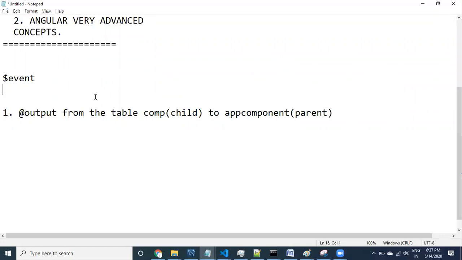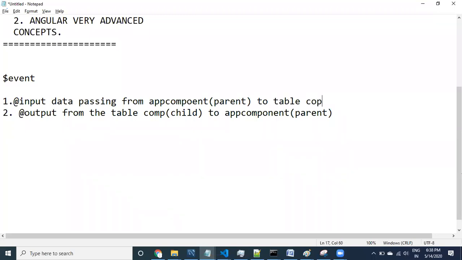Input is what we did yesterday, @Input. Data passing from the app component, this is parent, to the table component, this is child.